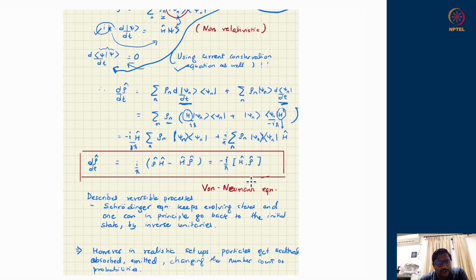The Schrodinger equation keeps evolving the states under unitary time evolution, and whatever state you land up on at the final time, in principle you can do an inverse unitary transformation and get back the state which you started with. So this is a reversible process. It conserves the probability and therefore it is reversible. Only probabilities can get redistributed through a unitary transformation, and that amount of redistribution can be back calculated by doing the inverse time translation or inverse unitary evolution.